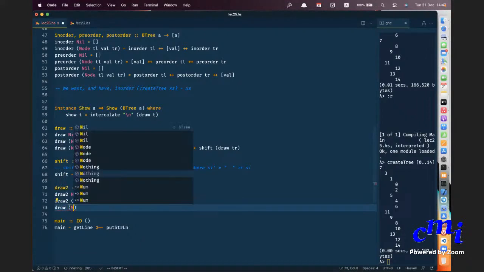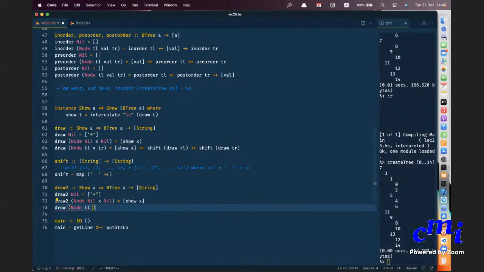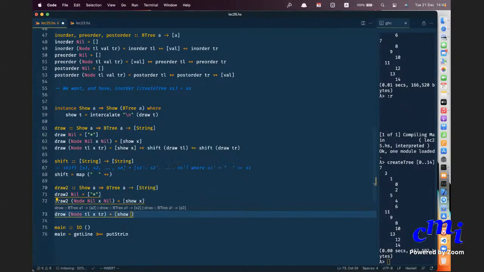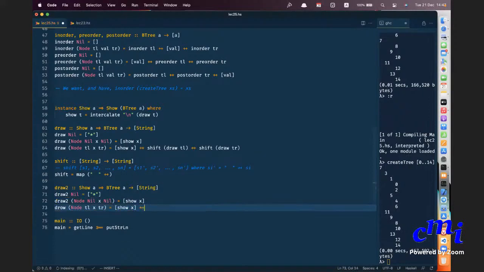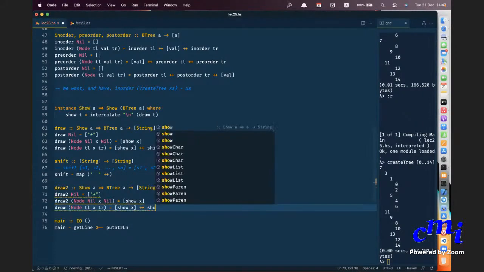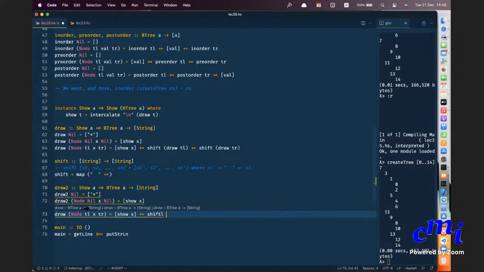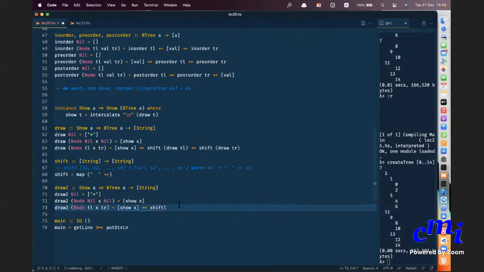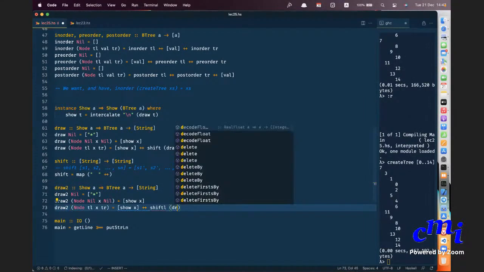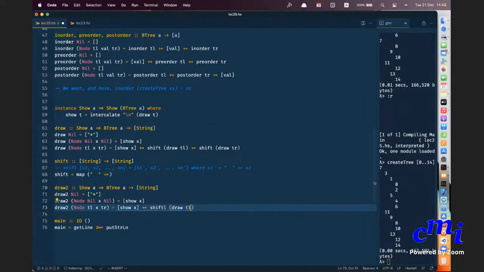So draw2 of node TL x TR is: show x ++ shift left, shift for the left subtree, shiftL of draw2 of TL, ++ shiftR of draw2 of TR.